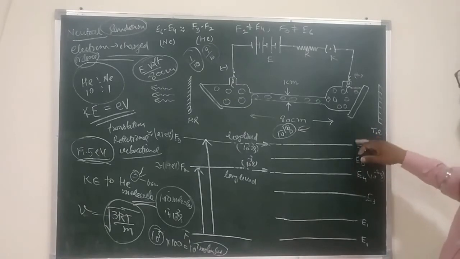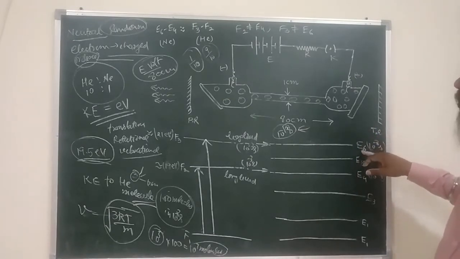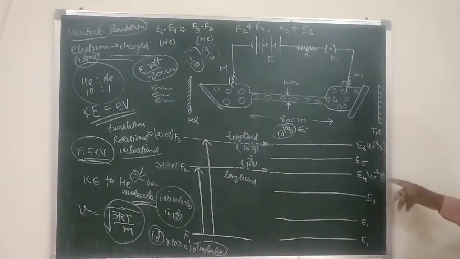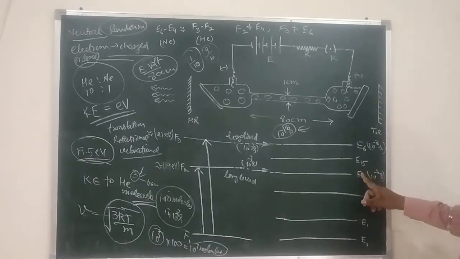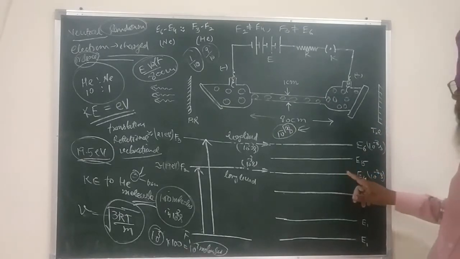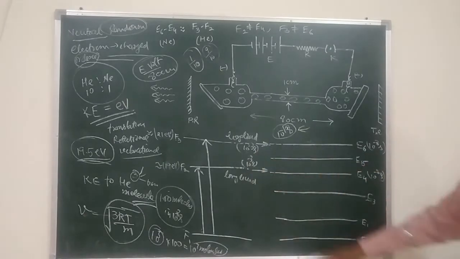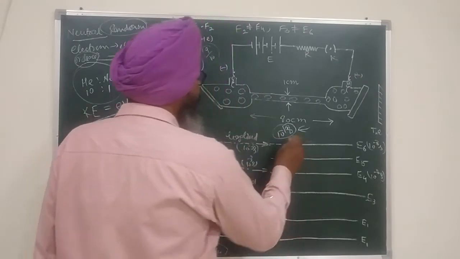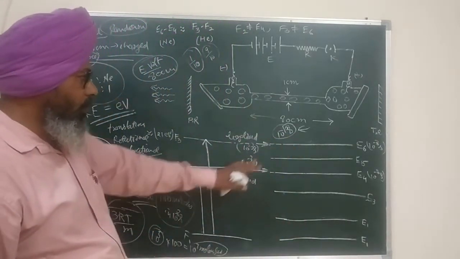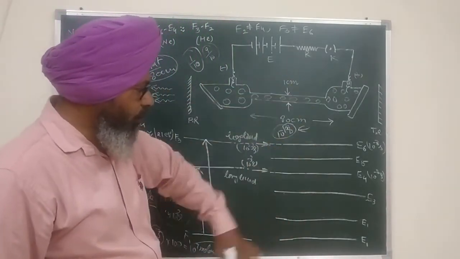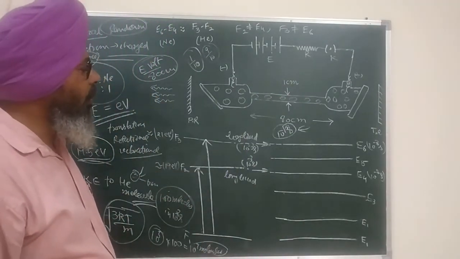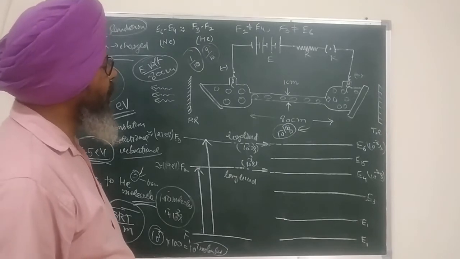The molecules which will be in the state E6 will be those that have collided with helium molecules which are in the state F3. Similarly, the molecules in this tube which are in the state E4 will be those which are excited by helium in the state F2. So what is going to happen? These neon molecules are almost all of a sudden in the excited state, and therefore a population inversion will exist.